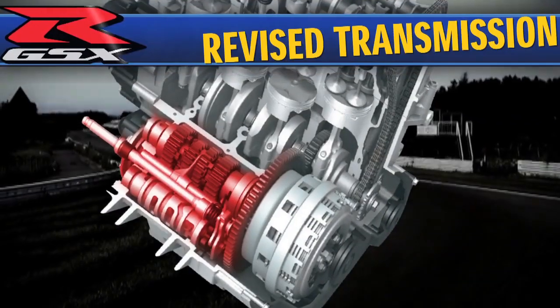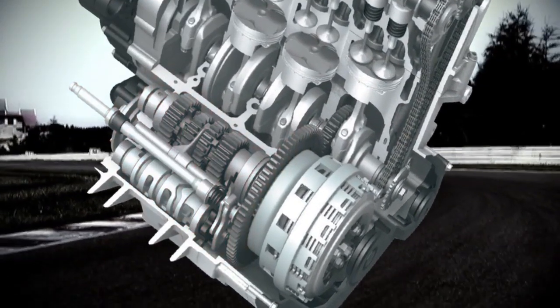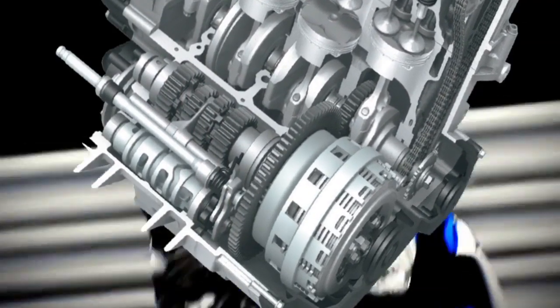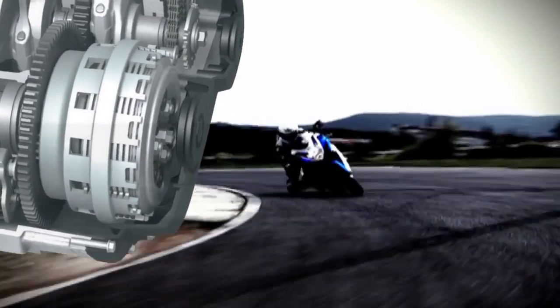A revised lightweight close ratio 6-speed transmission features a taller first gear ratio and a shorter ratio for second, third, fourth, and sixth gears, giving the GSX-R better straight line acceleration from a stop and better drive out of the corners. The race-proven ramp and cam design of the back torque limiting clutch produces smoother downshifting and corner entry during